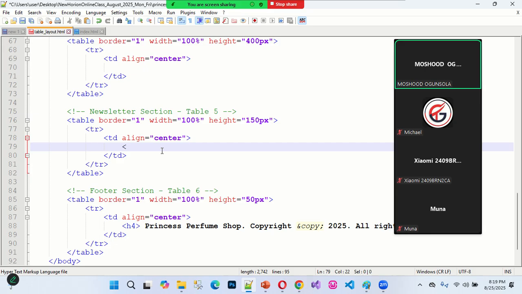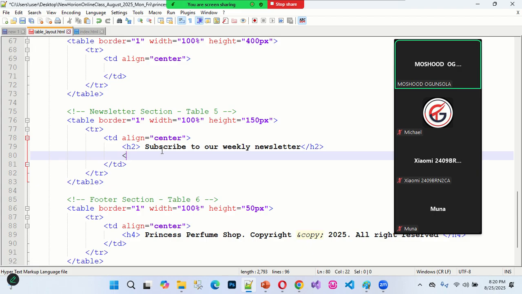This time around I'm going to use like maybe an h2 tag to display the newsletter information. I say subscribe to our weekly newsletter. Okay, so I close the h2 tag, and after that again I want to put something like a text box